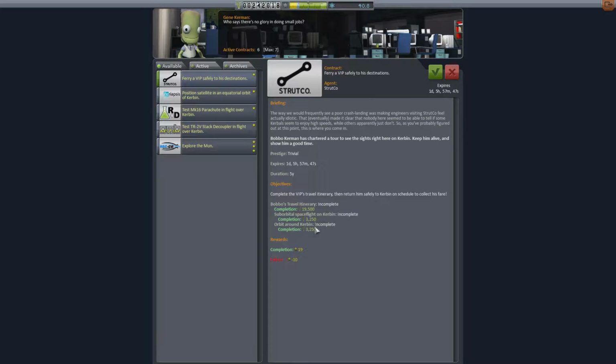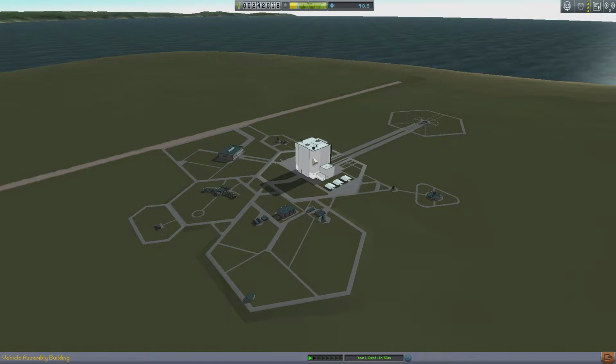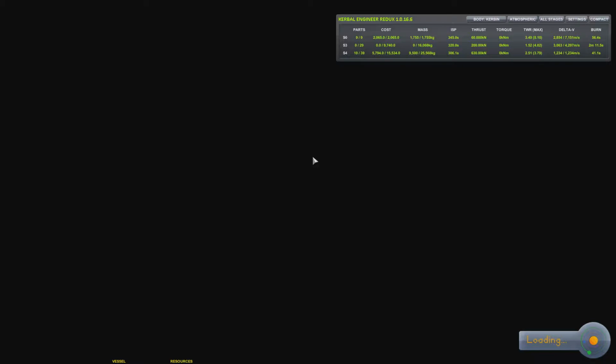Itinerary incomplete, orbit around Kerbin. Suborbital and orbital around Kerbin. Now I'm going to take this quickly. I want to test that. I reckon we can do this one in one go, Bobbo, because I reckon if you do an orbit, I just want to test this one out. So we're going to take Bobbo on one of our orbital